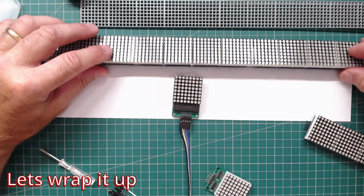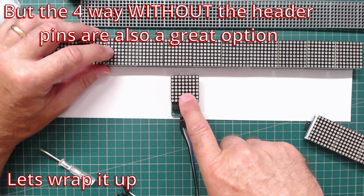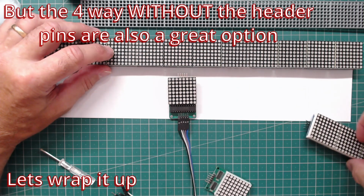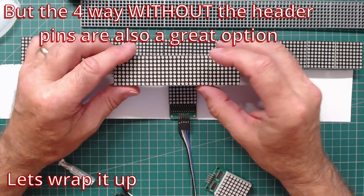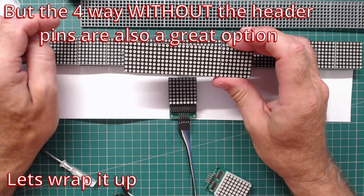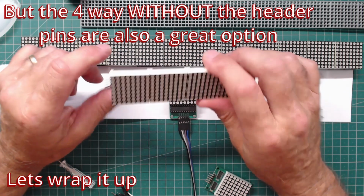So yeah, I repeat myself, I would always go singles. It's more work, but you're obviously making something nice. You can buy these to play with to get yourself going because they're easy to daisy chain together, and it's easy to work on a workbench. But if I was making a project,